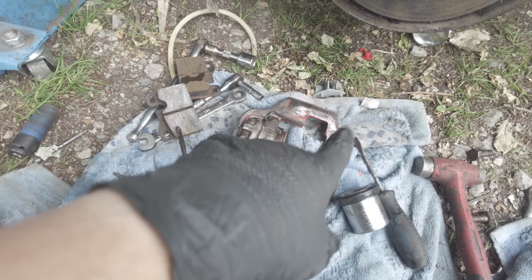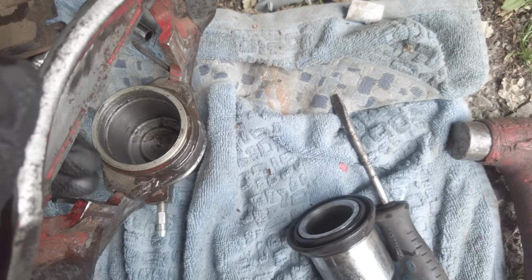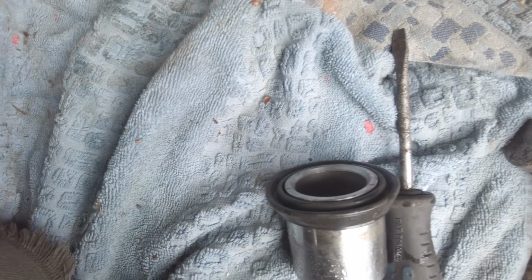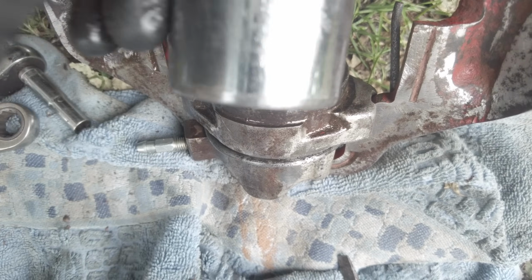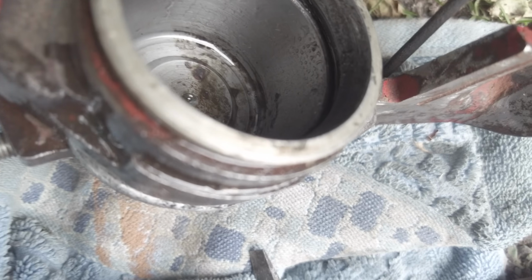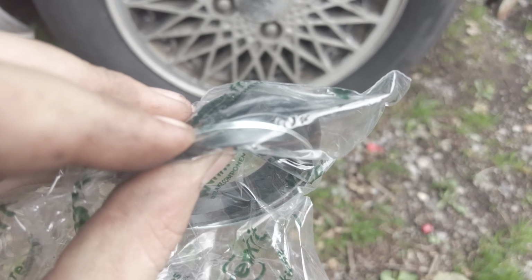Then I got fluid up to the brakes, and fluid was just seeping out of them, and I assume that there's supposed to be an O-ring in that channel there, and that piston is just sitting in there. So obviously bought a rebuild kit for this, and I'm pretty sure he's forgotten to put the O-ring back in there. Alright, so I just ordered a caliper rebuild kit so we can put that rubber ring in the caliper,